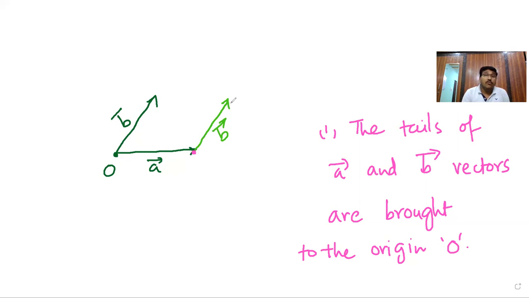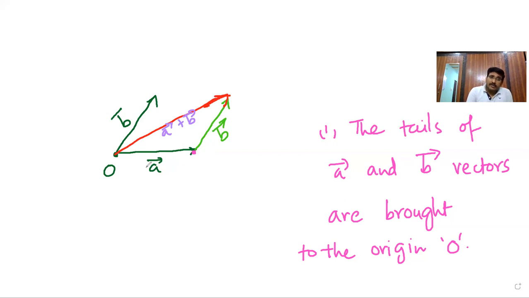Clear? Now, what does the triangle law of addition of vectors say? This is A bar, this is B bar. So the A bar plus B bar is this. This is the A bar plus B bar. Clear? Is it okay? No. Observe.